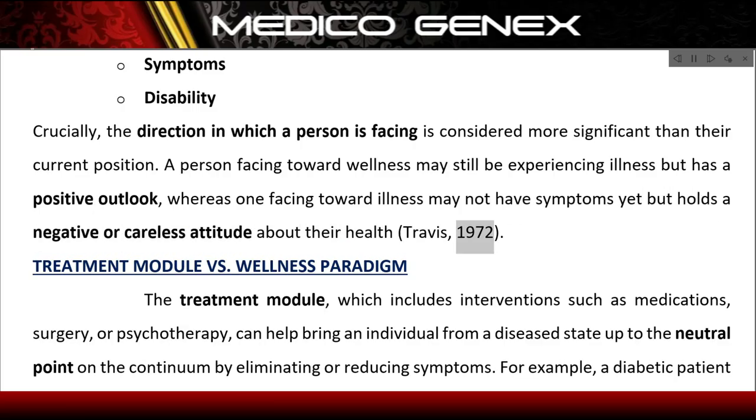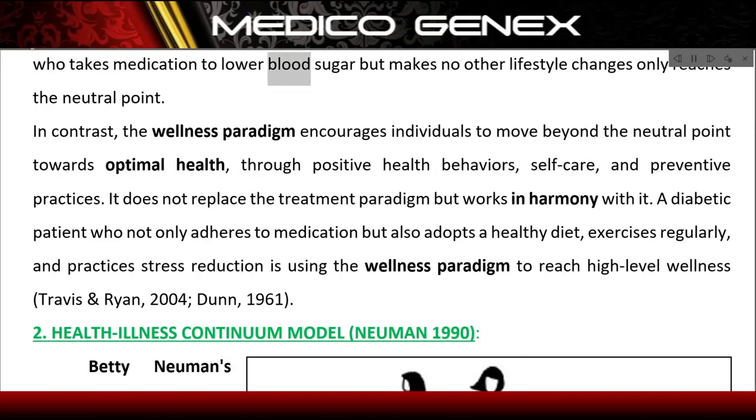Travis, 1972. Treatment Model vs. Wellness Paradigm. The treatment model, which includes interventions such as medications, surgery, or psychotherapy, can help bring an individual from a diseased state up to the neutral point on the continuum by eliminating or reducing symptoms. For example, a diabetic patient who takes medication to lower blood sugar but makes no other lifestyle changes only reaches